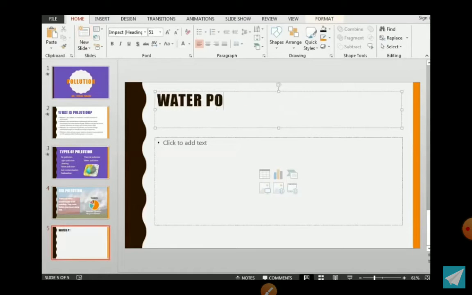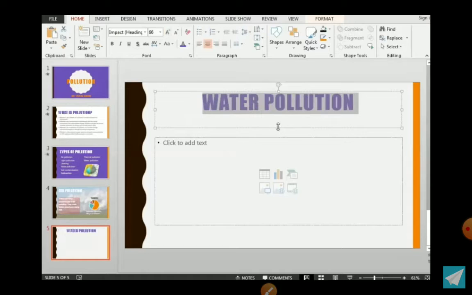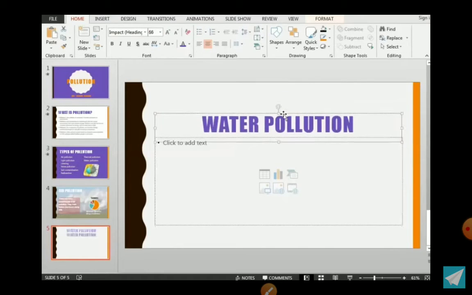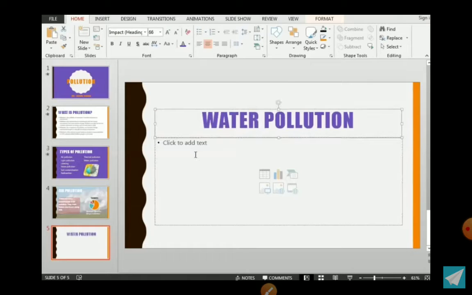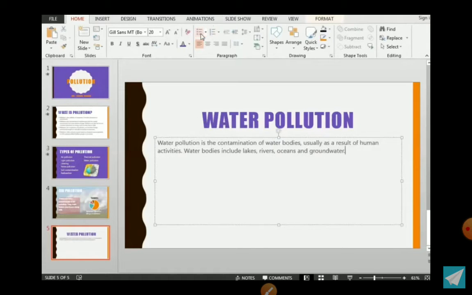The next pollution is water pollution. Resize it, apply the formatting, center align, and then some lines about water pollution.